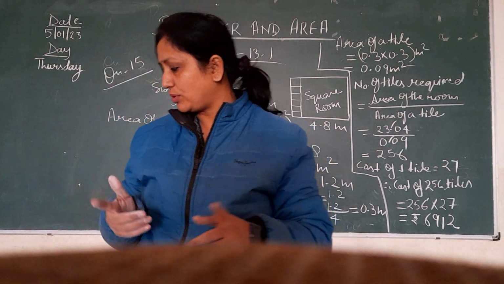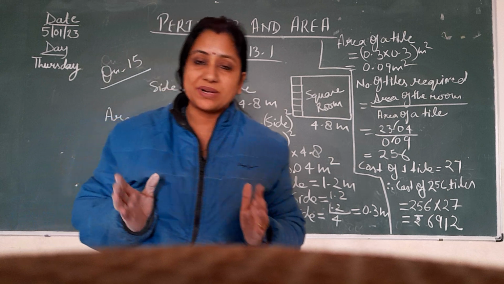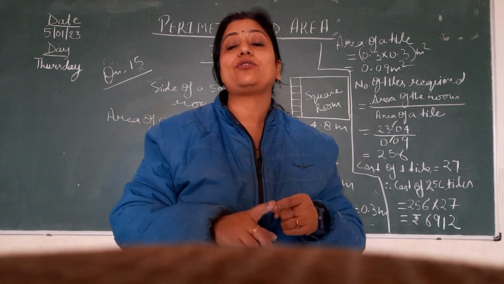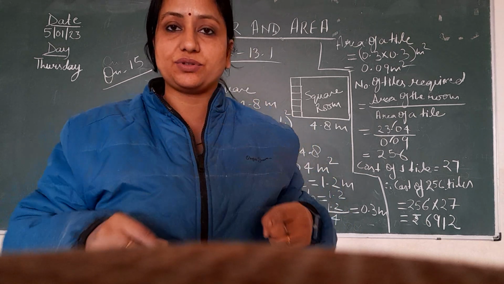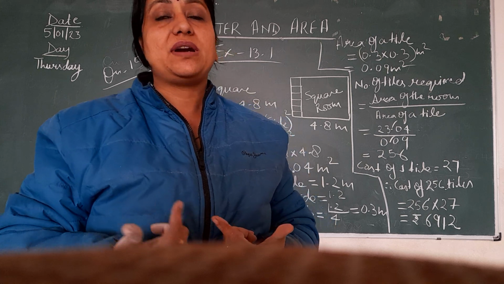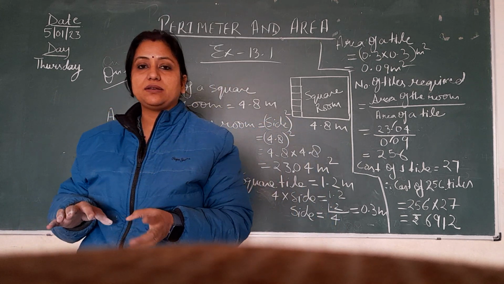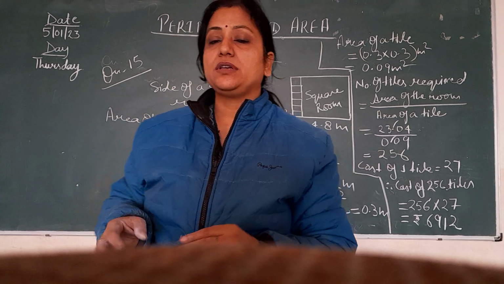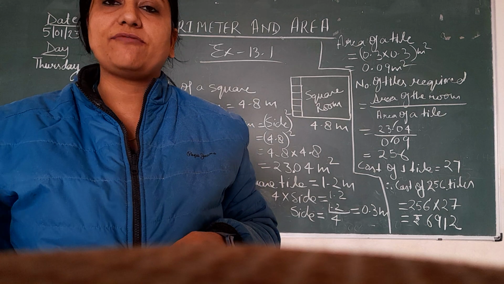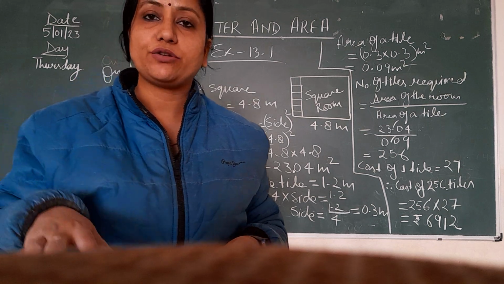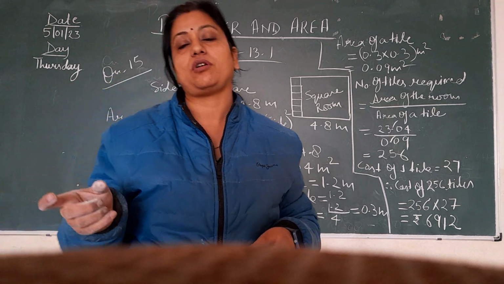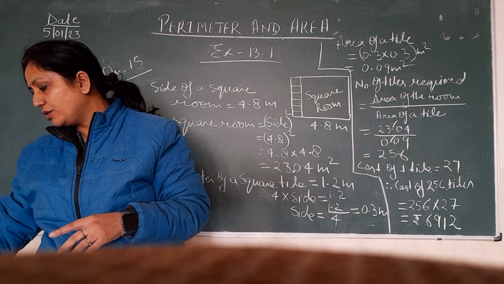एक rectangular plot है, whose breadth is given, which is 50 meter, and the cost of fencing. If we are talking about fencing, it means fencing जो होता है वो हमेशा boundary पे होती है. It means we'll talk about the perimeter. But in this question perimeter is not given. In place of perimeter they give the amount which we have to pay for fencing this particular rectangular plot, and the rate of the fencing, which is 18 rupees per meter.